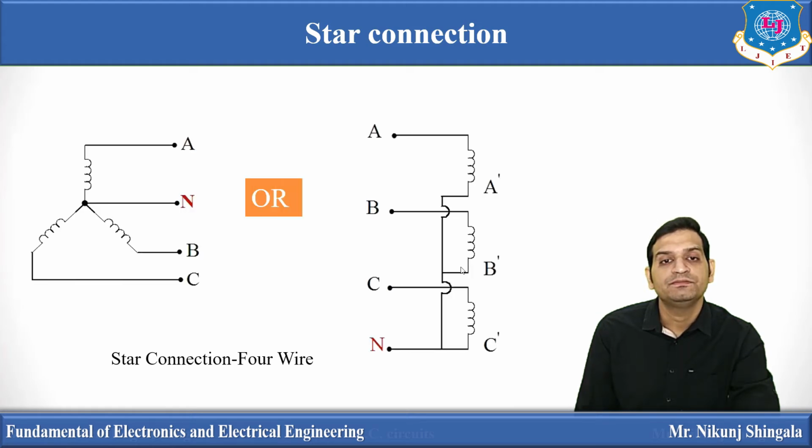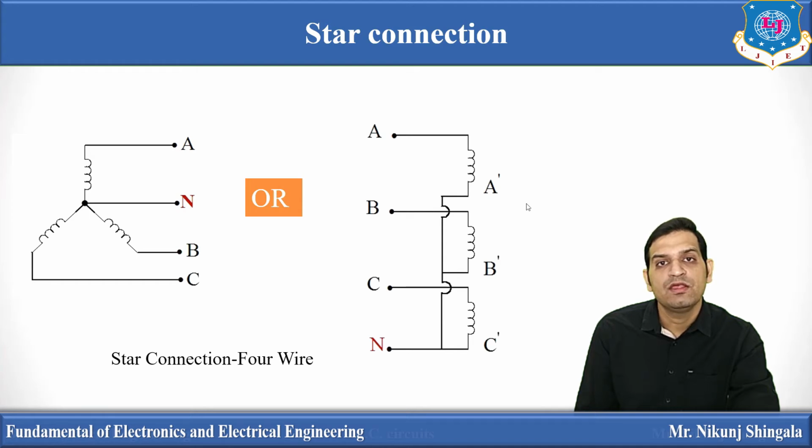So here you can see three windings which are connected in star. Starting ends or finish ends can be connected together, and the common point is nothing but the neutral point. So this is the star connection, four-wire system, because four wires are there. A, B and C are the remaining three ends, and these are nothing but the line conductors which are carried out for external connection. Now this star connection can be drawn this way also.